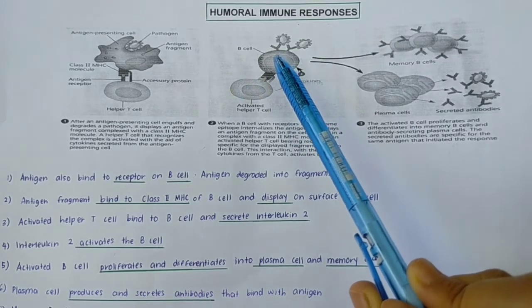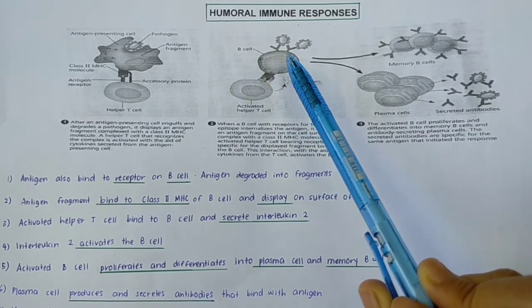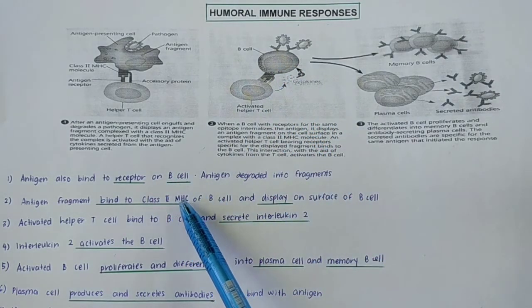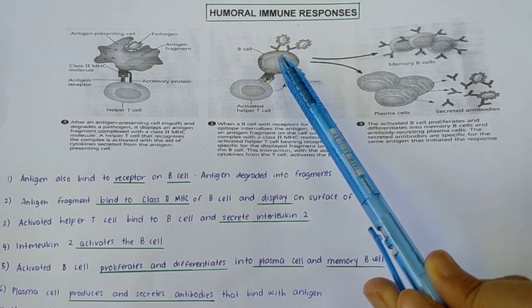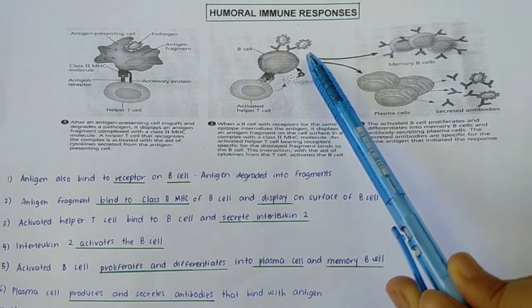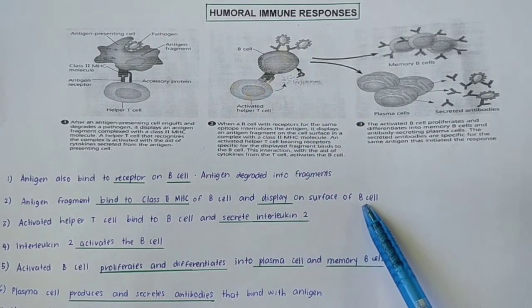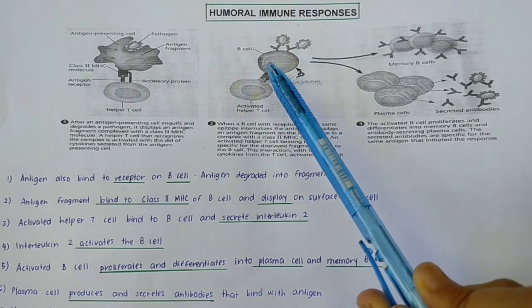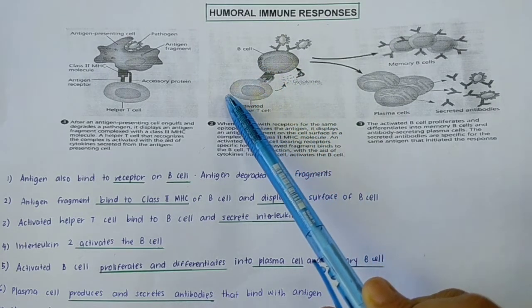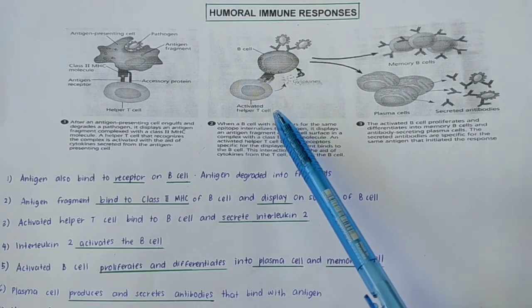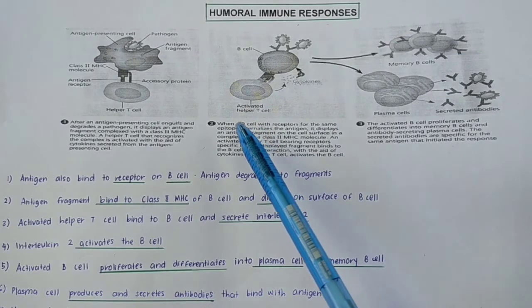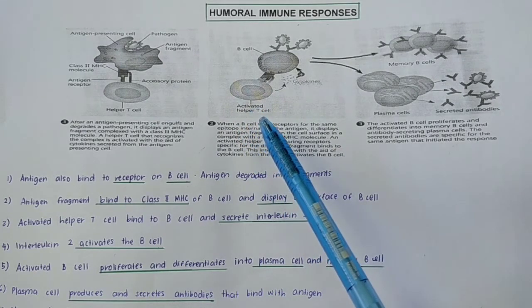Okay, since the B cell is also one of the antigen presenting cells, the B cell consists of class 2 MHC molecule. So what happened to the antigen fragment? The antigen fragment will bind to the class 2 MHC of the B cell and it will be displayed on the surface of the B cell. Once the MHC antigen complex is displayed on the surface of the B cell, the activated helper T cell, which means the helper T cell which is activated by the secretion of interleukin 1 by the macrophage,